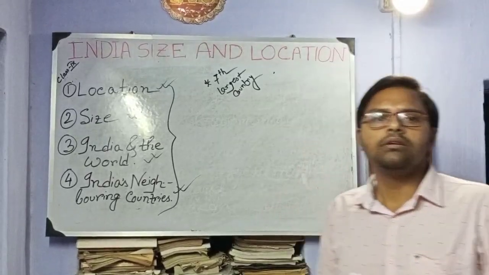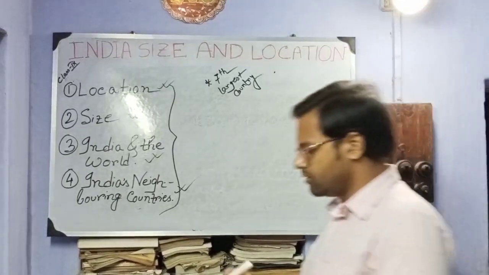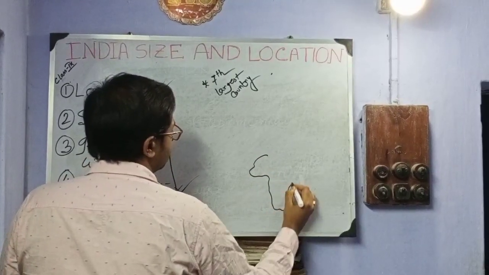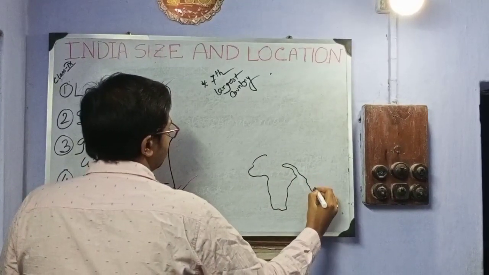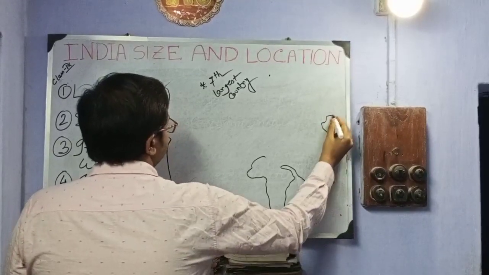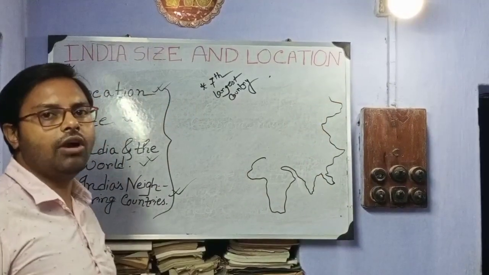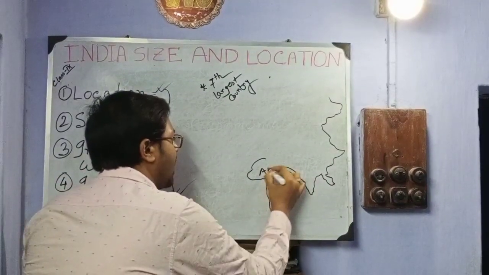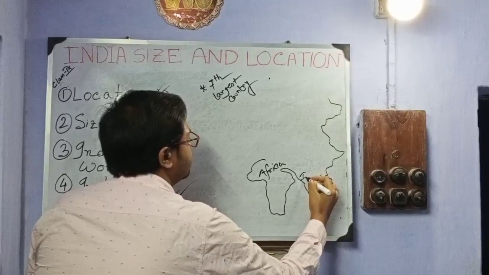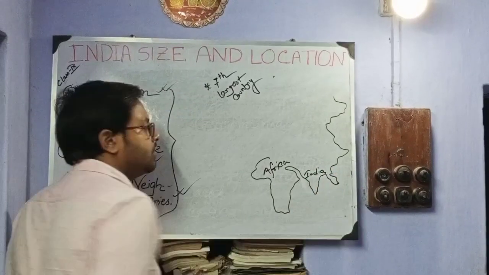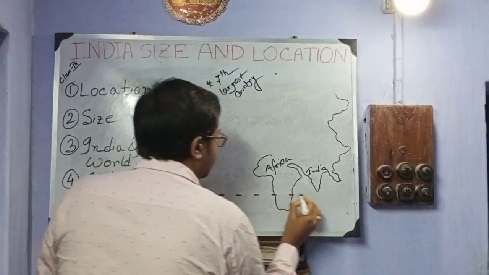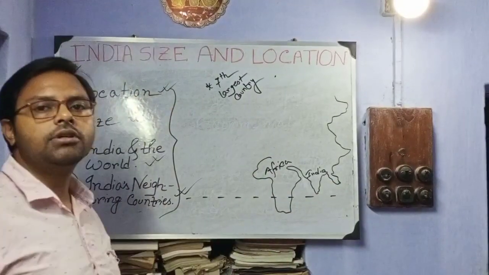If you see the map of the world, it's a rough sketch of the world map. This is Africa and this is India. Here India is situated where the Tropic of Cancer